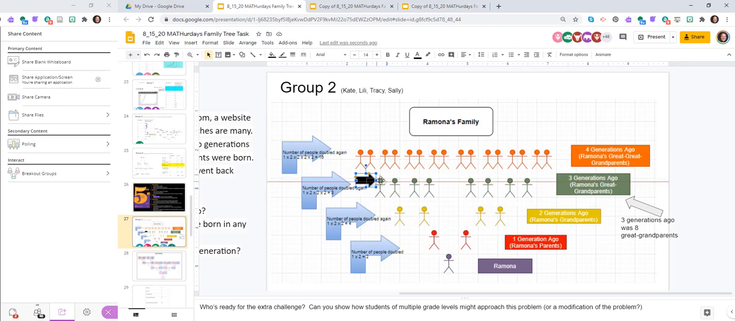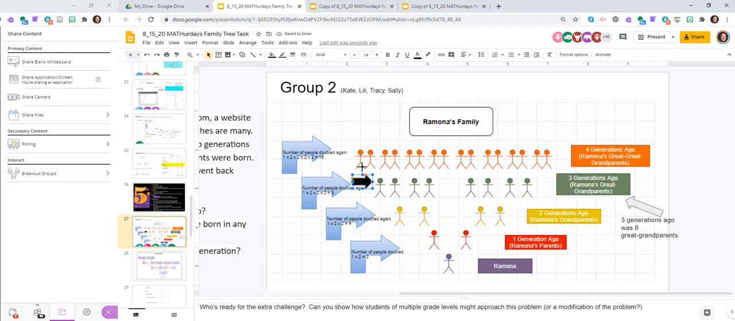1, 2, 3, 4, 5, 6, 7, 8. Thank you. And so we can see in generation 3 there's 8,